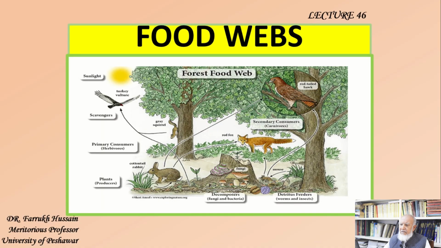Now, food chains are one line, or you can say isolated links, without interacting with each other. This time we are having food webs. Web means जाला, या जिस तरह मकड़ी का वेब होता है, तो ये वेब का मतलब है कि एक लिंक दूसरे लिंक से, एक चेन दूसरे चेन से मिल जाता है, इसको हम फूड चेन कहते हैं।